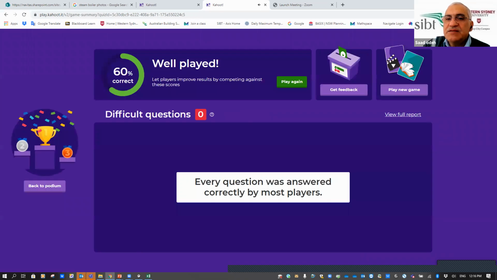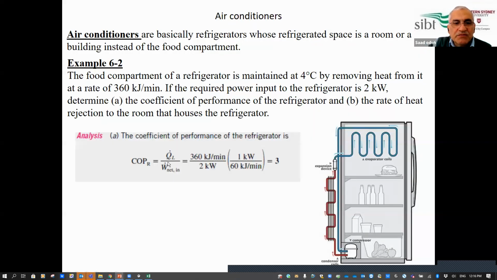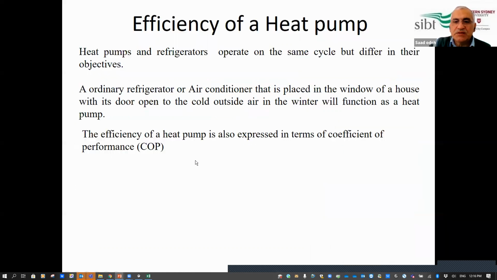All right, so let's finish this now. So that's in brief. All the information is the same as we did in the Kahoot. So exactly the same, just go through it and you'll find the answer. Now,